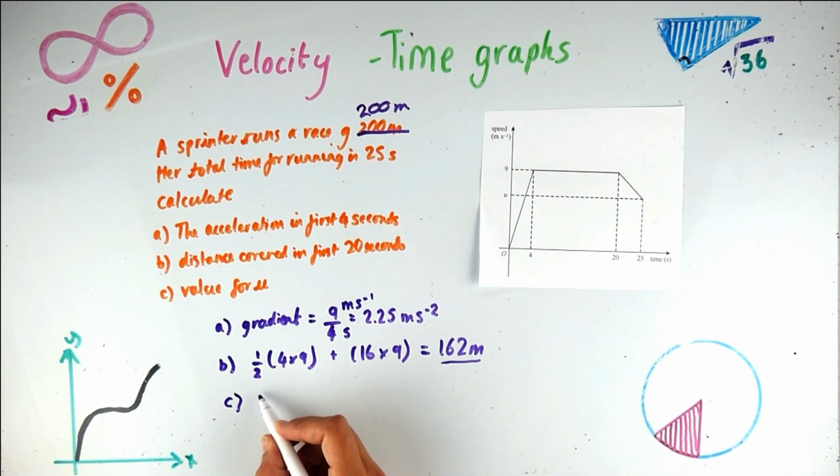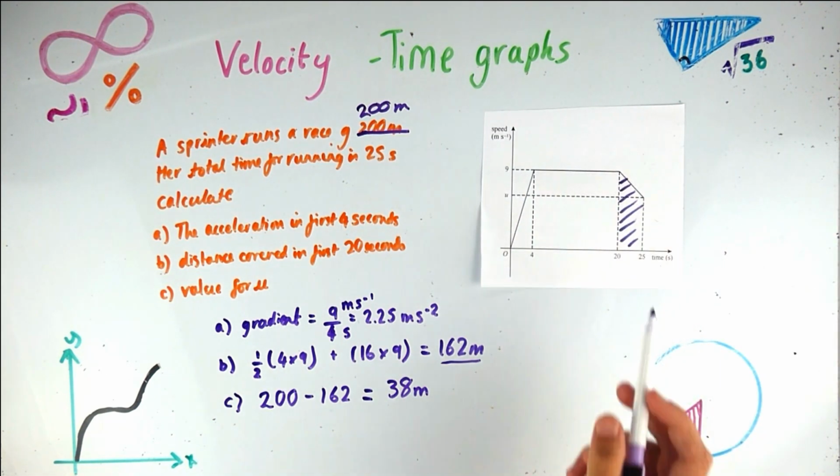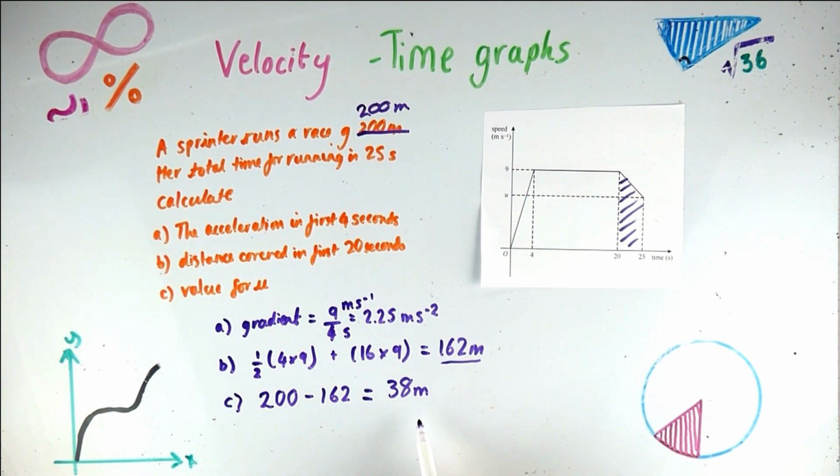So the area of the trapezium is going to be the total area, which is 200, minus the area under 20 seconds. So that's going to equal 38 metres. So if I use colour, it might be easier to see. This area there, shaded in purple, is 38 metres. We know that the distance is 38 metres, because the area under the graph is the distance. So the area of the trapezium is 38 metres,